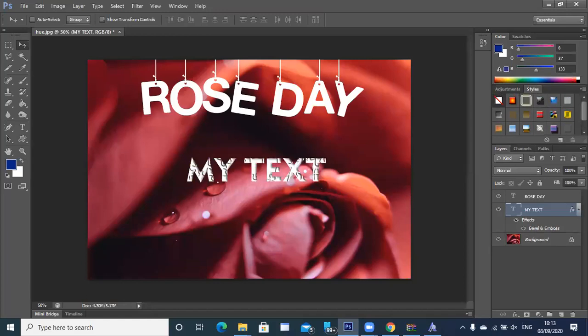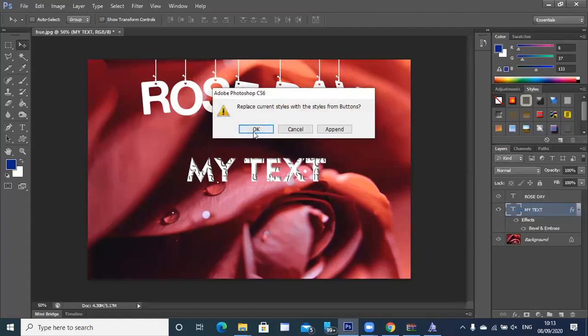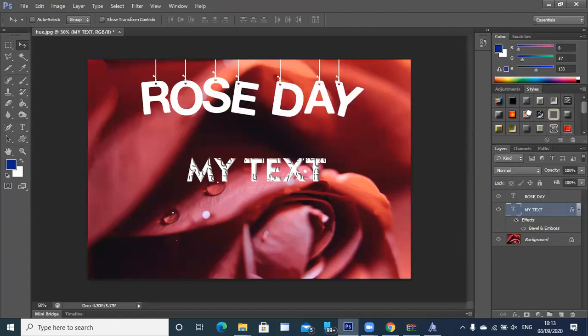Okay, what are the other effects, ma'am, if I just want to add something else? So you can just click on load styles. You can download some styles, and if you want to use one, you can directly use the style so that effect would come up on the screen. Like for example, if I just want to try out buttons, I say okay. So these are some button styles. Okay, you can see these. See, this is another effect. Correct, you click and you try it out. Basically that's the way you go about with the styles.